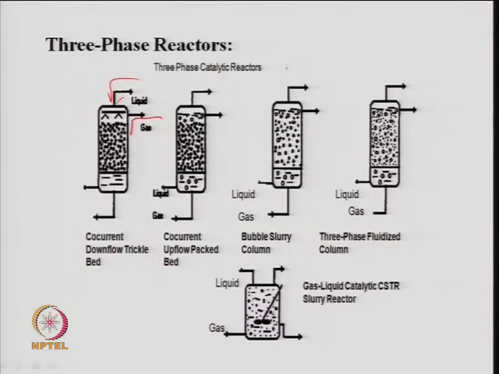This is a slurry bubble column. So, one is a bubble column reactor, when you have a gas and liquid with no solid. Here you have a solid, which is basically catalyst, a fine powder of the catalyst, kept in the form of slurry. So, a liquid is already here. So, you need an agitator also to keep them in suspension, and the gas passes from the bottom, and the liquid is also the product, which is taken continuously from here. So, it is a kind of continuous reactor, a bubble column or slurry bubble column reactor.